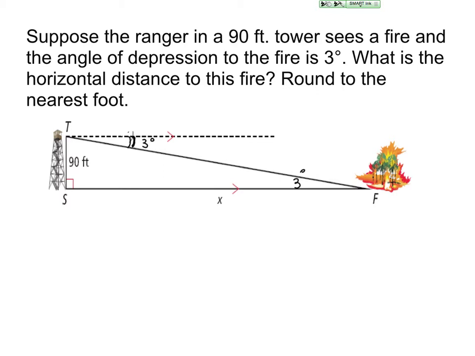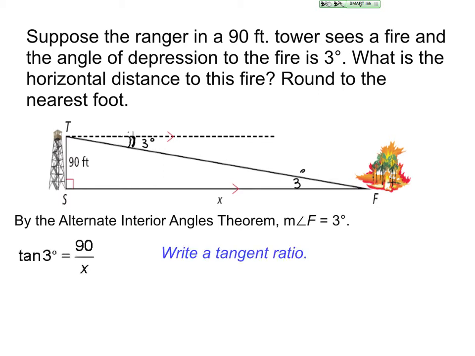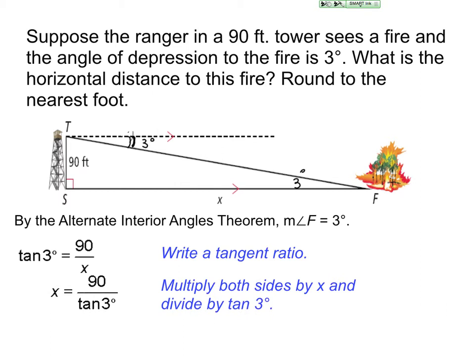Looks like the answer's coming out 1,717. You have backwards again. So you had like the wrong thing on the top. You have your 3 degrees of